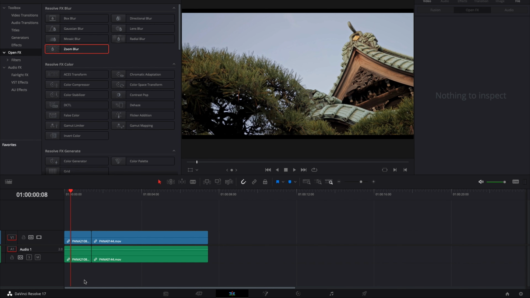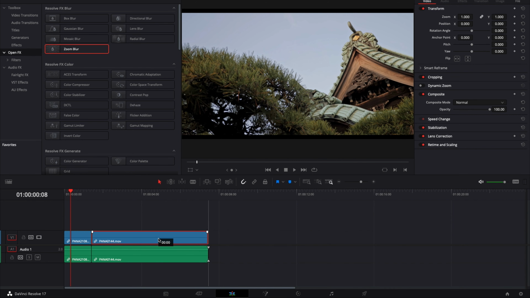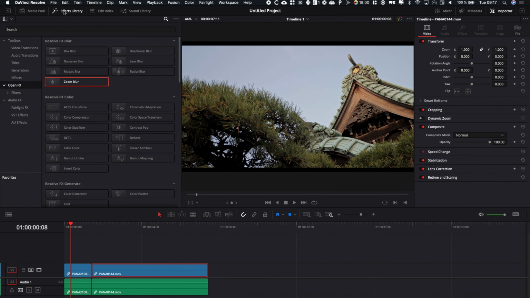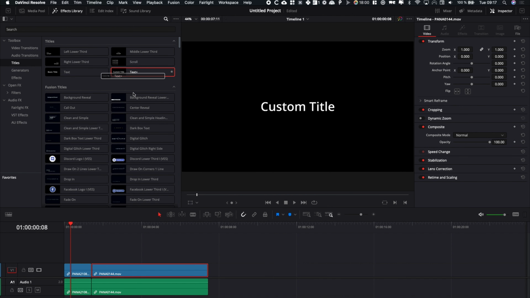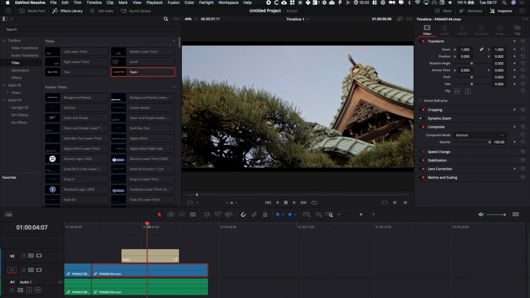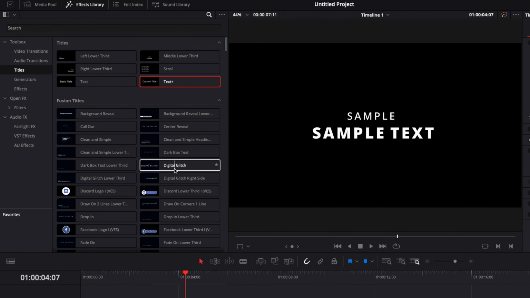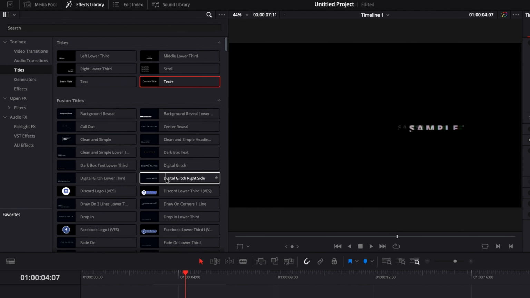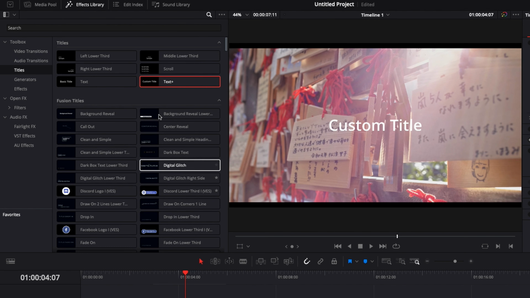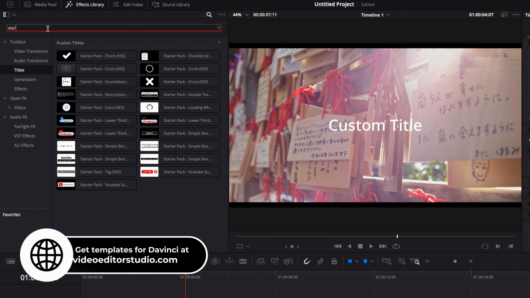You're gonna add your music and start cutting to the beat, or start to really move things around and create your storyline. You can also add effects and titles here. So here you have some titles, you can bring in some text. DaVinci comes with a bunch of free text and effects that you can use, and it's plenty enough to get you started. But on our website, we also have a free starter pack that you can use,